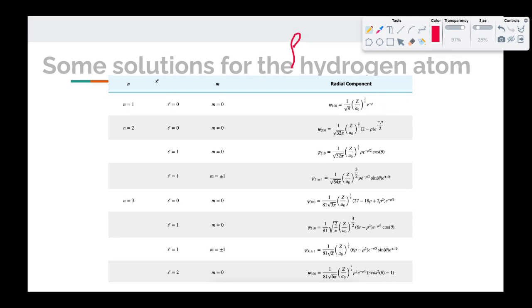So that means it's spherical. It doesn't matter how far around you are in either of those two angular dimensions. It only matters how far away you are from the nucleus. So this is a sphere. When n is 2, L is 0, m sub L is 0, then look at psi 2, 0, 0. Constant, divided by a constant, constant, constant, constant. 2 minus, there's rho again, e raised to the negative rho over 2.